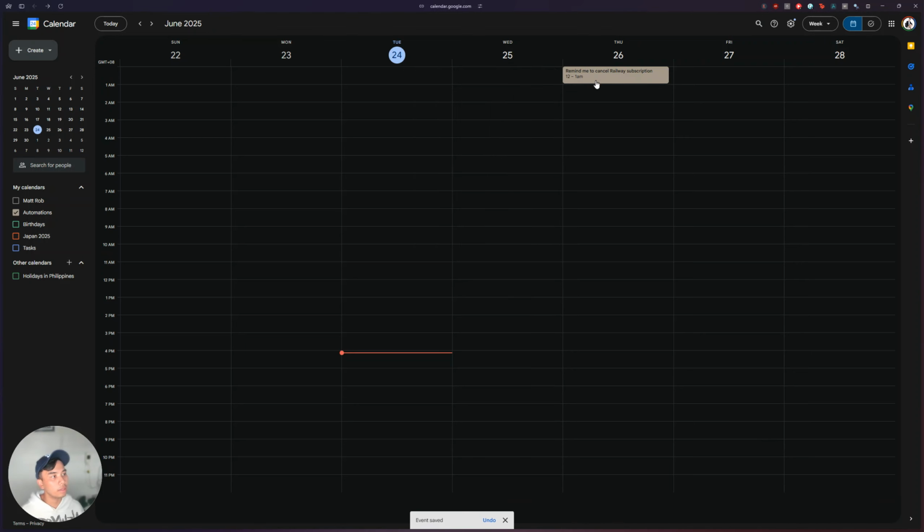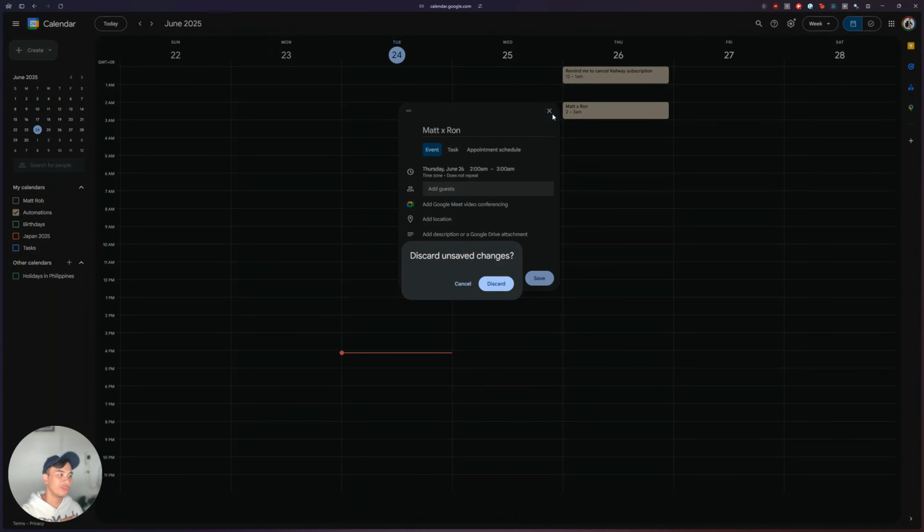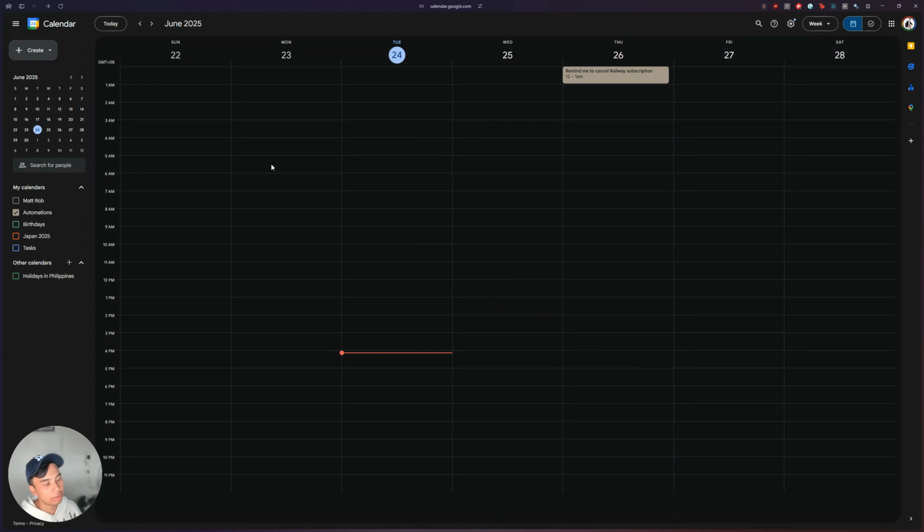Or when you've got a new client, you can just copy this, or actually just drag it, and then do the same thing for them, right? Matt X Ron, and then invite them as guests. So definitely just go and explore Google Calendar. It's gonna change a lot of stuff in your workflow, but it's definitely worth it.